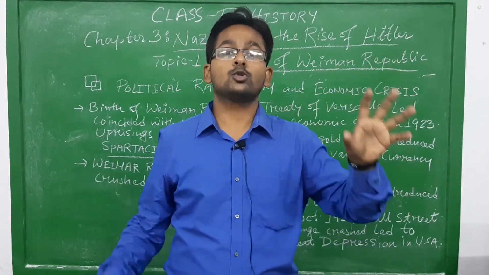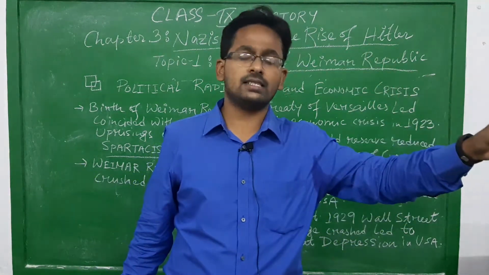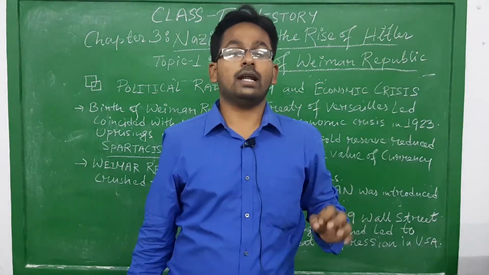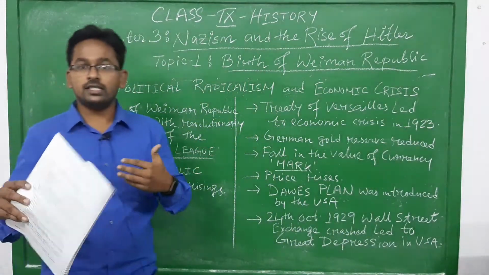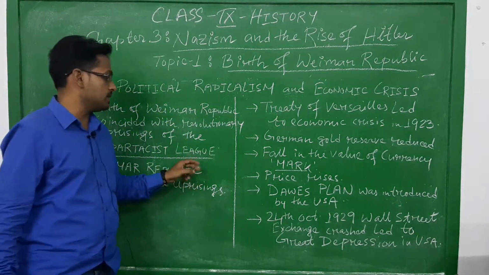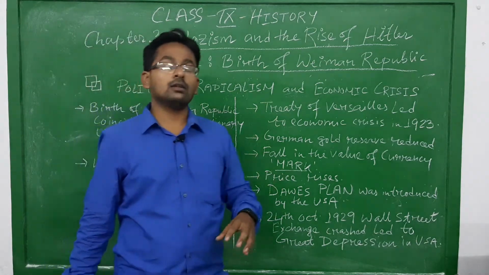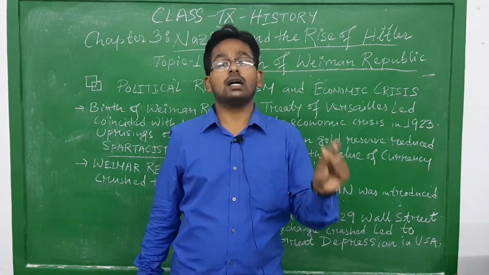They wanted a Soviet-style government, that means a socialist government, just like the Soviet Union had. So the Spartacist League and the Weimar Republic clashed with each other, and finally the Weimar Republic crushed the uprising of the Spartacist League, and later on the Spartacist League renamed itself as the Communist Party of